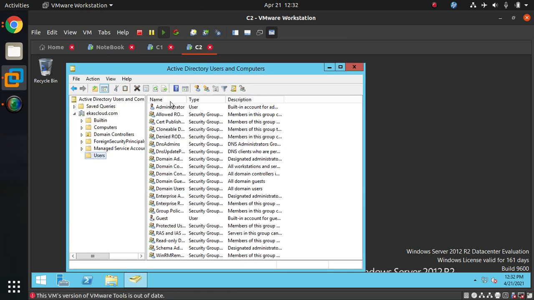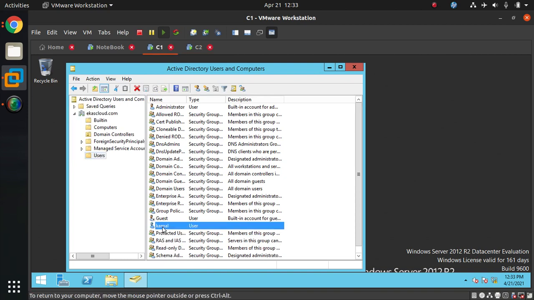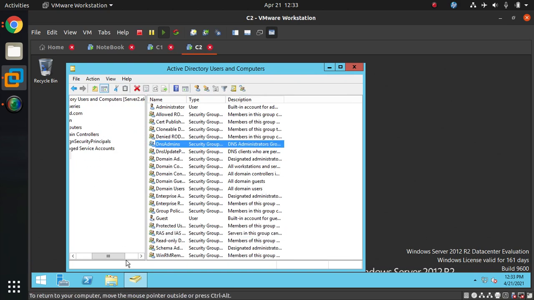If you come here in the additional domain controller and refresh, you will find the newly created user should replicate here. Yes, it should replicate. Where is it? It's not replicating. Kamal is here. Select, refresh. My computer takes time every time because it is a little bit slow.